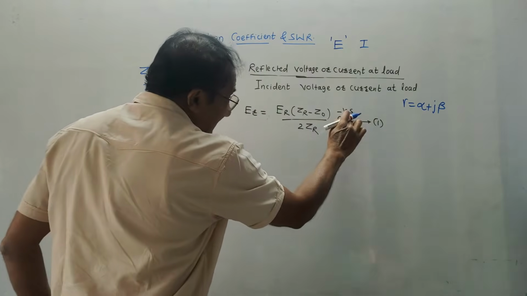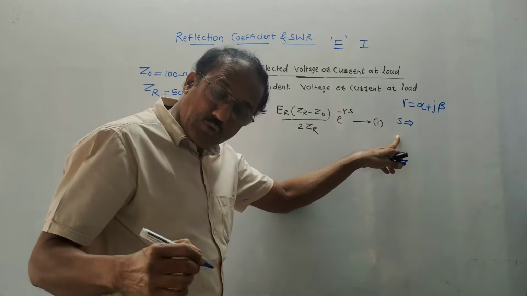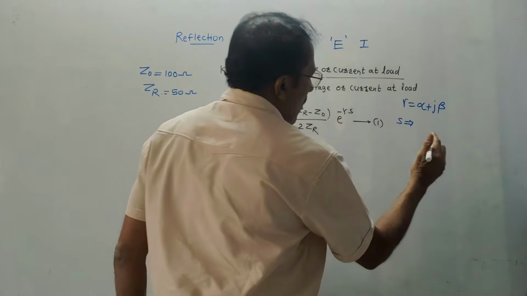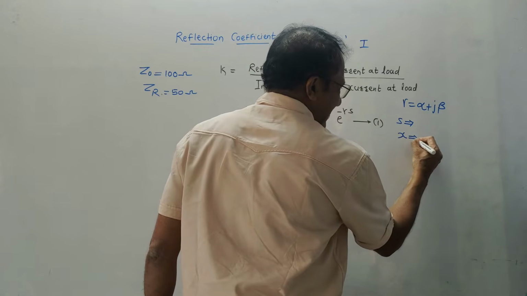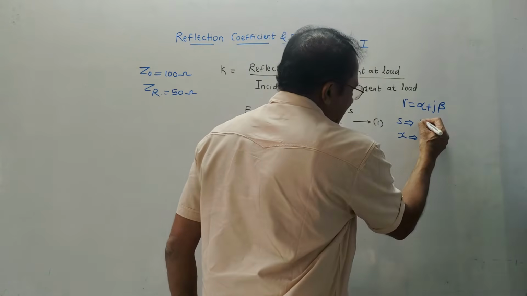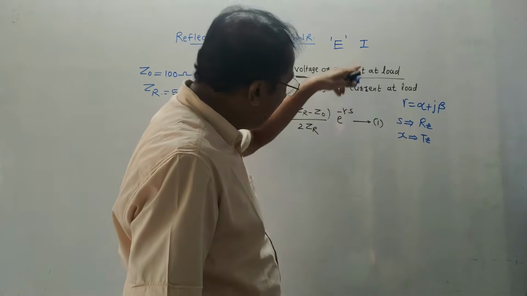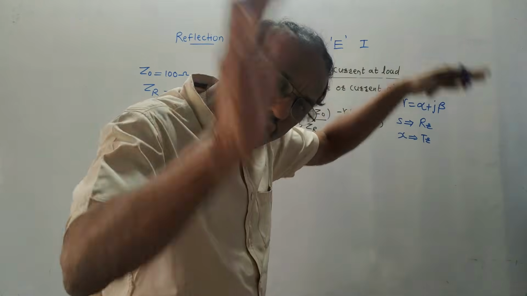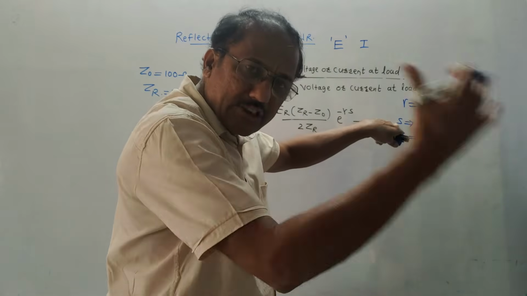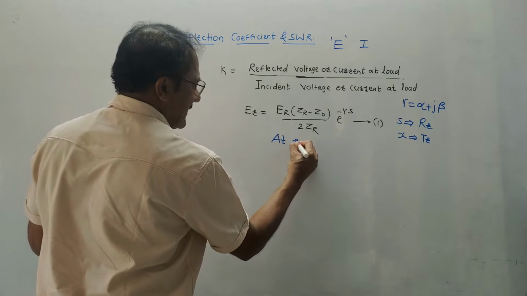Now S is the distance which is measured from the receiving end. There are two notations in transmission line. One notation is X, the distance measured from the transmitting end, whereas S is the distance measured from the receiving end. What this formula indicates is that we have to take the ratio at the load, meaning the ratio of voltage or current at the receiver. As I said, S is the distance measured from the receiver. So at the receiving end,